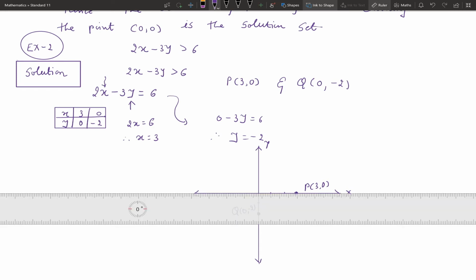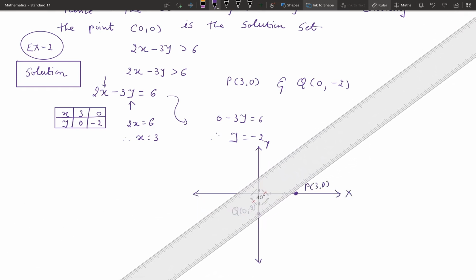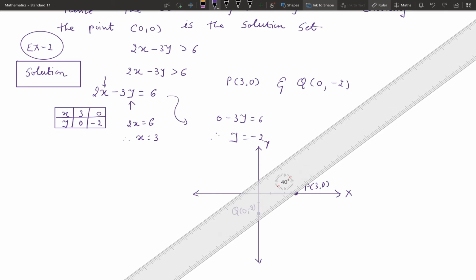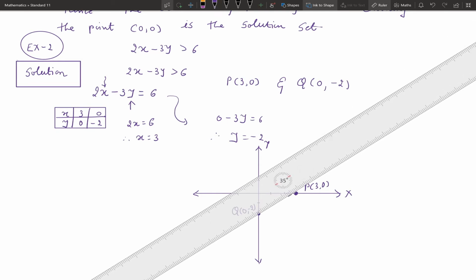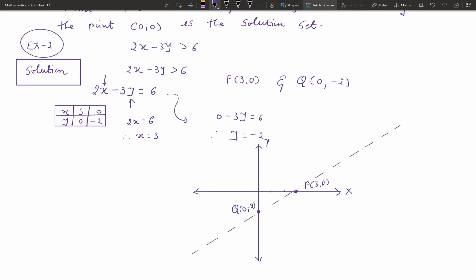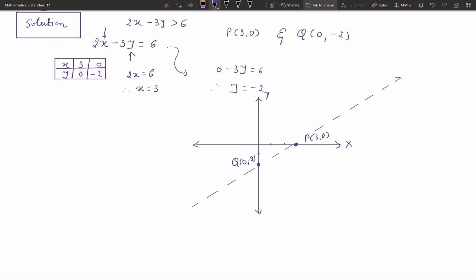Now the inequality is, we know, a strict inequality. So there will be a dotted line. Now we note that